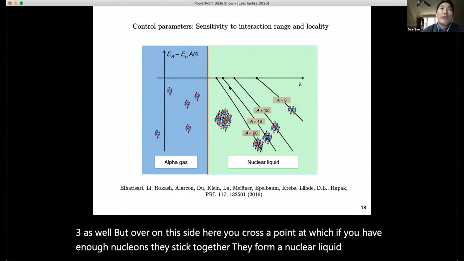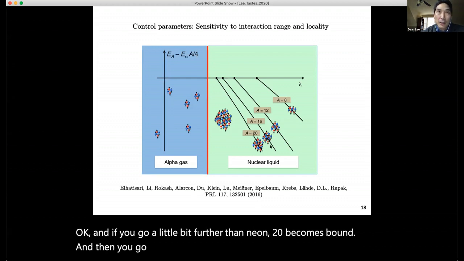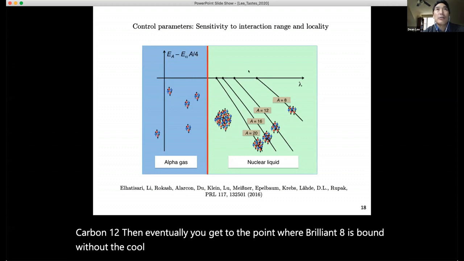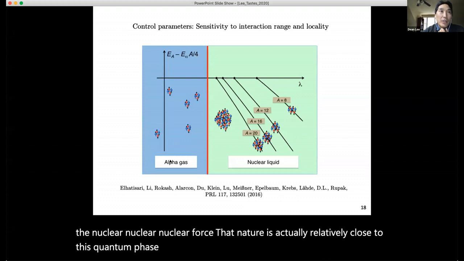If you go a little bit further, then neon 20 becomes bound, and then you go a bit further, and oxygen 16 becomes bound. Then carbon 12. Then eventually you get to the point where beryllium 8 is bound without the Coulomb interaction. So that's a very interesting way of looking at the nucleon force. Nature is actually relatively close to this quantum phase transition between a Bose-Einstein condensate of alpha gas and a